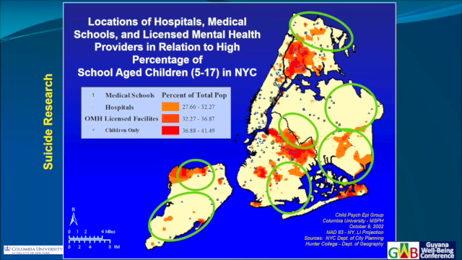So you can see the reddish, orange-reddish locations. Those are the high concentrations of school children. The dots that are scattered all over are the health services, and the circles that I just drew on top show that there might be areas with high concentrations of children, yet no health services in New York City. And yes, this is New York City. You would think there's health services everywhere. The reality is there isn't, okay?